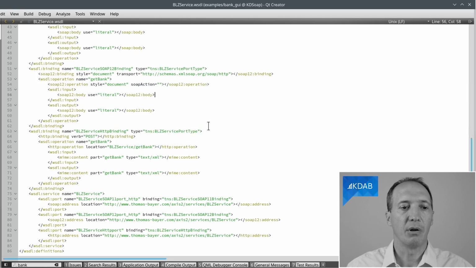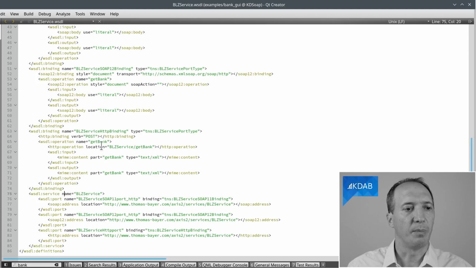So if we download the WSDL file for this service, this is what it looks like, right? This is XML. We start from the bottom here with the service element. It says this service is available under 3 different bindings: SOAP 1.1, SOAP 1.2, and also HTTP, which is actually HTTP post, which is less commonly used for SOAP requests and not even implemented in KDSOAP. What is of interest to us is SOAP 1.1 and 1.2.